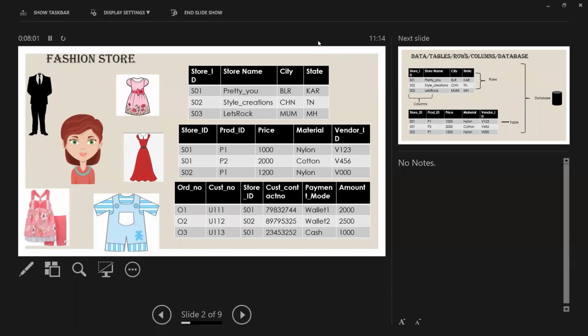So now imagine she's approaching a person whom she knows working in the IT. Now the person will be immediately suggesting, why don't you go for something like an RDBMS? RDBMS here stands for Relational Database Management System. Okay, I'll write that. Maybe there will be few of you who will not be knowing about this term. So for the benefit of those people, I'll be writing them down. Just give me a second.